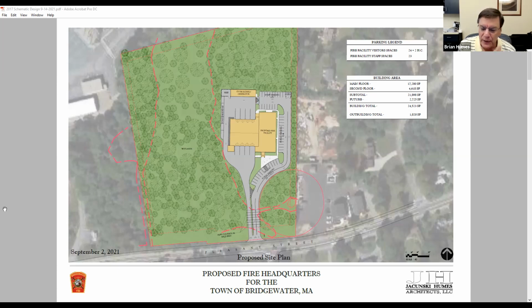So what we did with this is you can see that the exit onto Pleasant Street is not directly across the street from the side street. We do have an offset intersection there. It's something we were trying to avoid, but we can't avoid with this layout. I think if the project goes forward, there's always a chance then to reconfirm this buffer zone. If it doesn't happen to be a vernal pool, we can easily see if we can straighten this out again. But the concept is going to stay pretty much the same, but we did